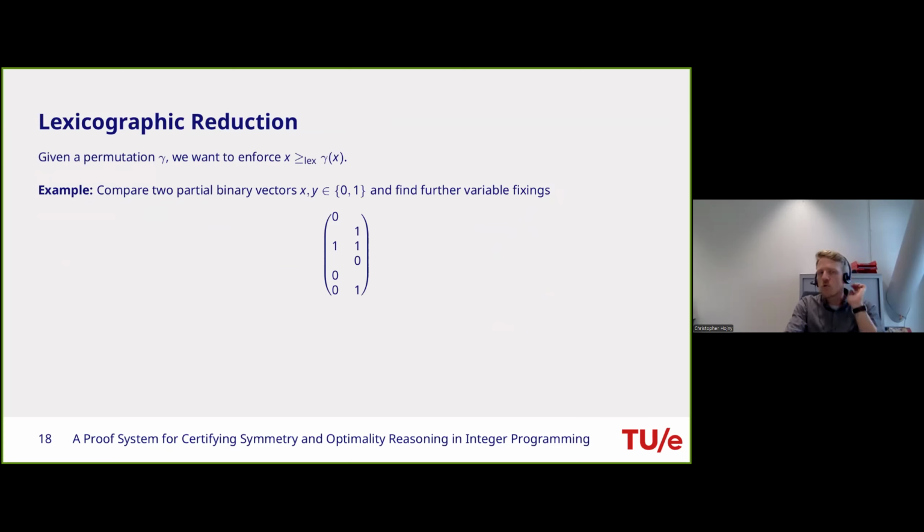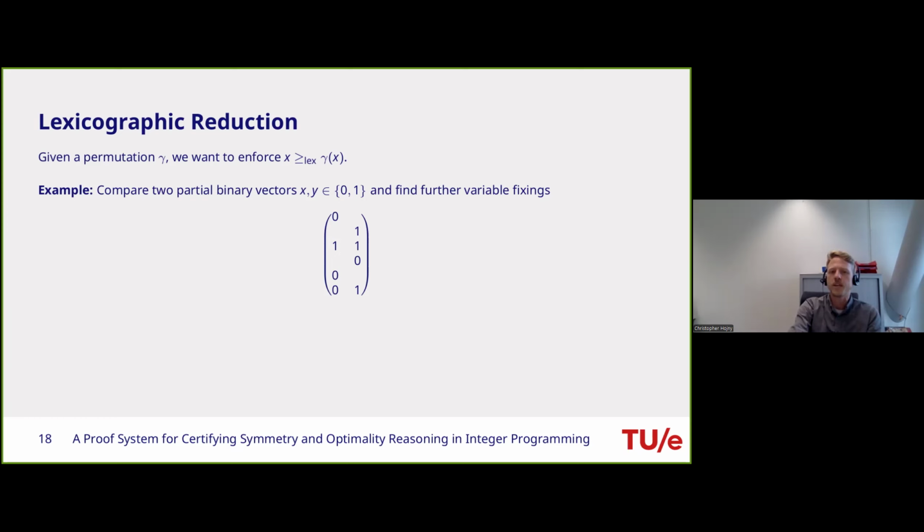And of course, we can also derive reductions within the proof logging scheme that are based on a classical lexicographic comparison. So for instance, if we have two partially filled binary vectors, partial because of branching decisions, so we have branched some variables, for instance, to 0 and 1, and we want to enforce by symmetry handling that x is lexicographically not smaller than the second column, gamma of x, then we can just use these epsilon lexicographic comparison constraints that